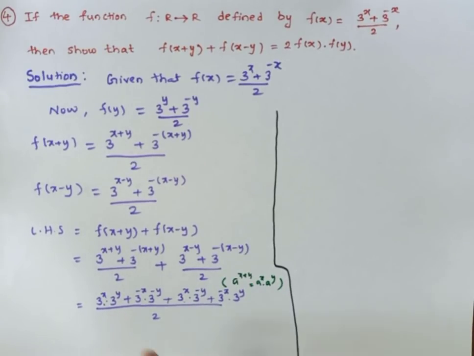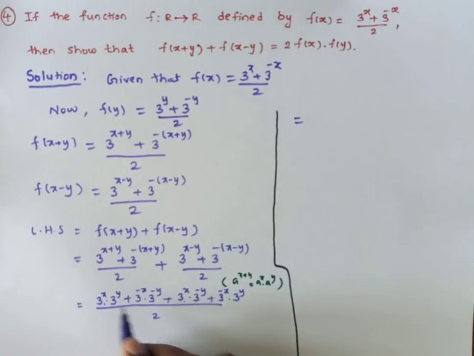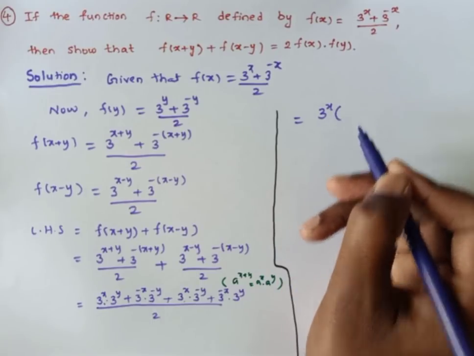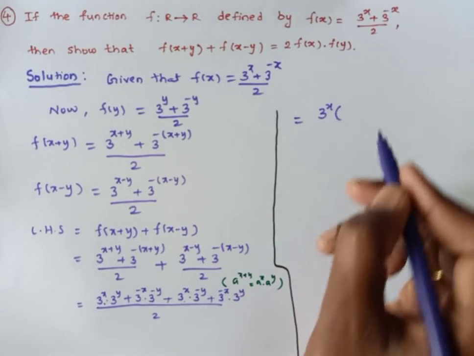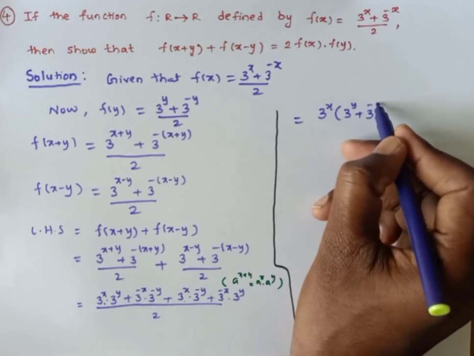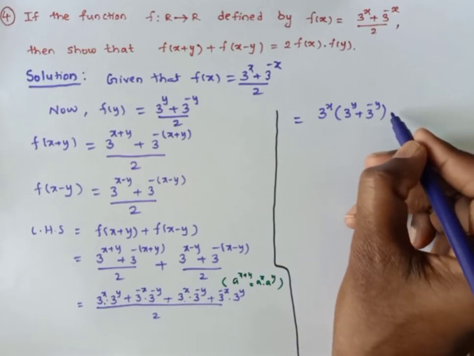Now, the continuation of this. Here we can write this as, from the first and third terms, 3 to the power x is common, so the remaining part is 3 to the power of y plus 3 to the power of minus y. Similarly, the second and fourth,